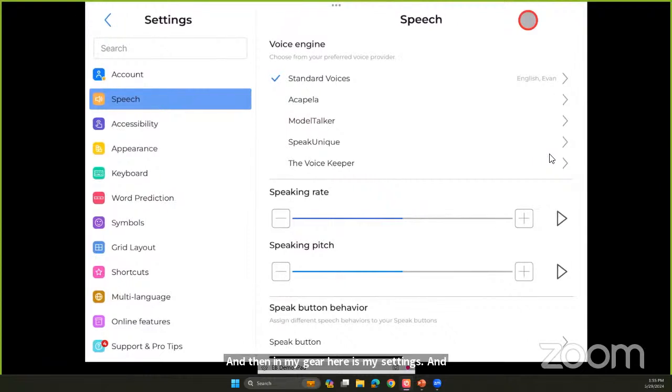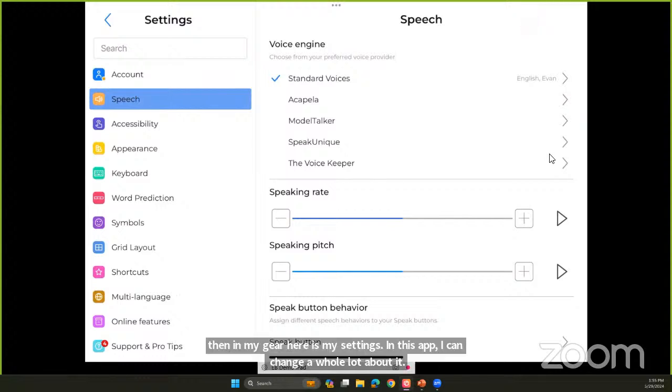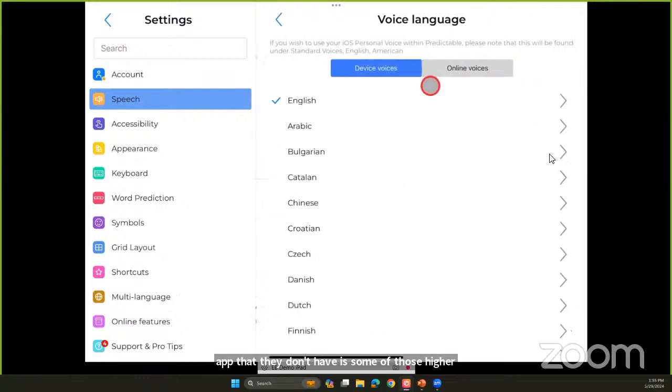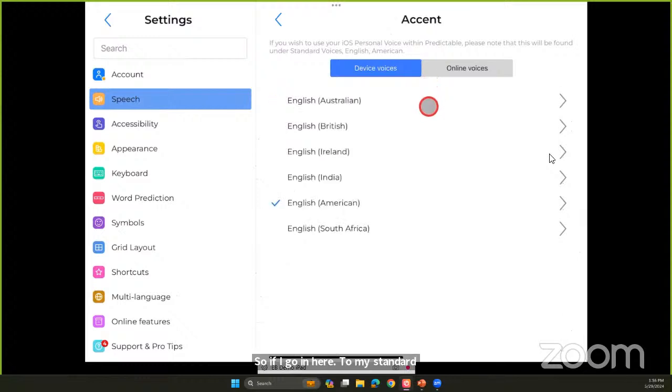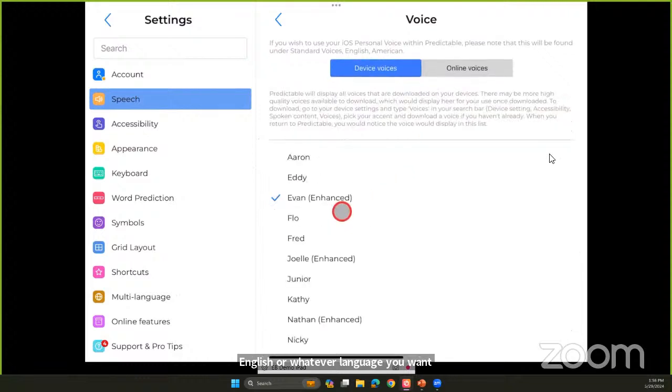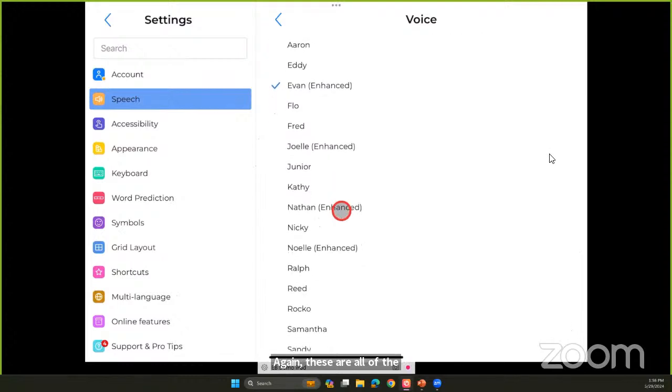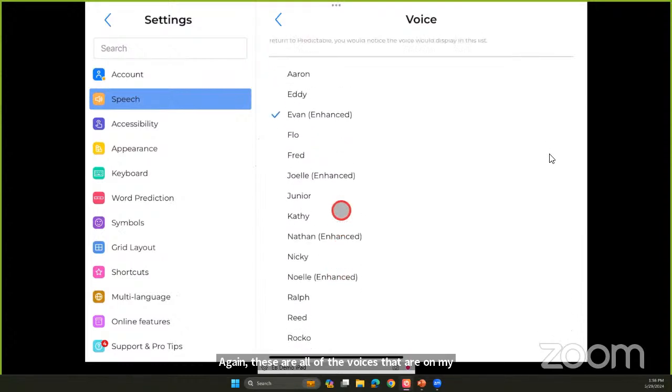One thing that they don't have, considering it is such an expensive app, is some of those higher quality voices. So if I go in here to my standard voices and then into English or whatever language you want, again, these are all of the voices that are on my device. So that's what it's pulling from.